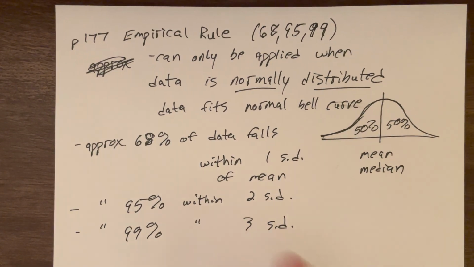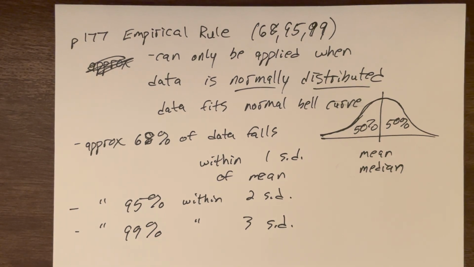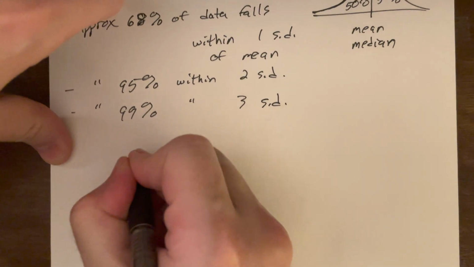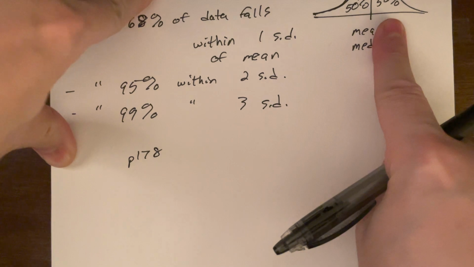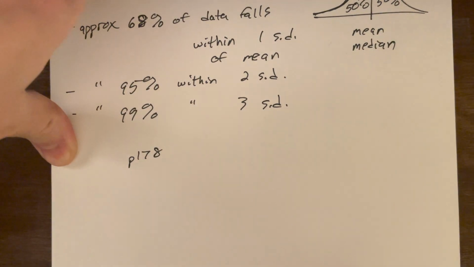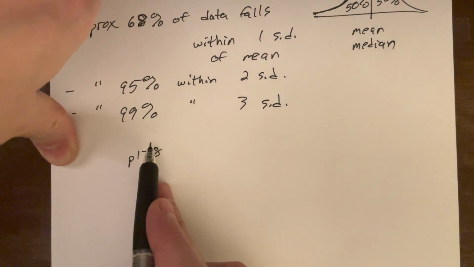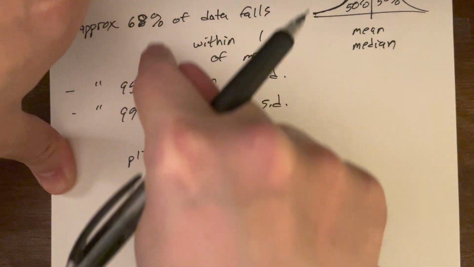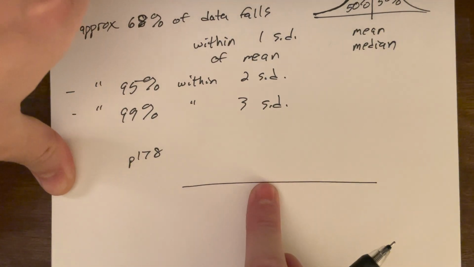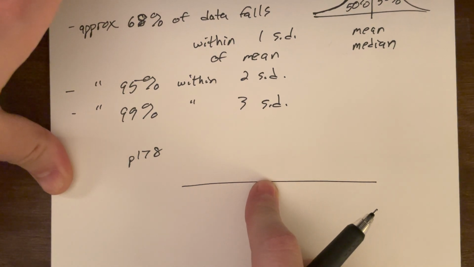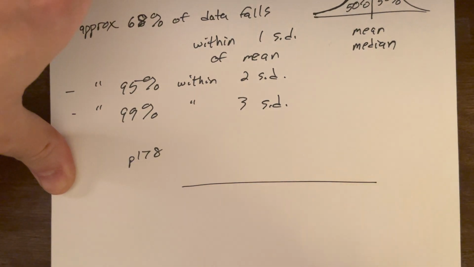So, I mean, you're talking about basically everything. So, how does this work? Well, first, the book gives us this quick little description on page 177, but then draws this diagram to follow up on page 178. And it takes the bell curve and shows all these little notations, and shows how you can break up these percentages. So, I think for a lot of people this is enough, but for other people this little diagram is how they make this work. They just keep applying the empirical rule to the new particular data set.